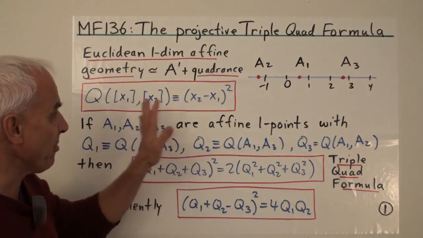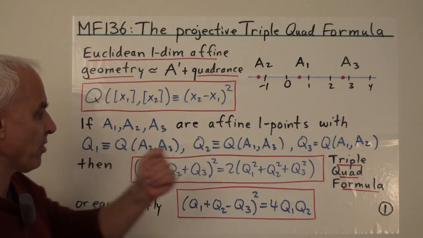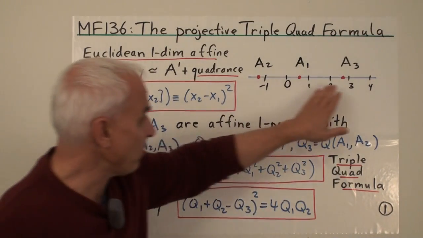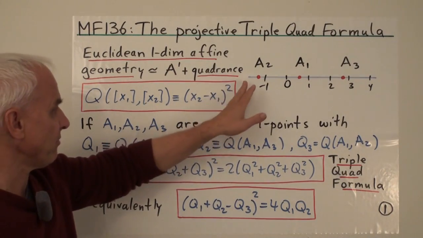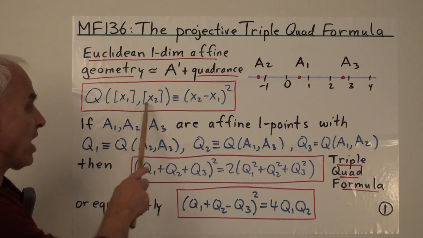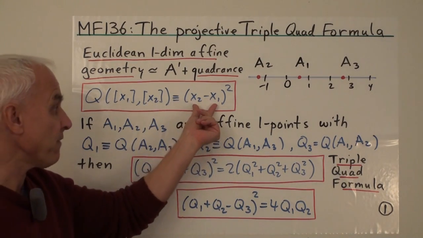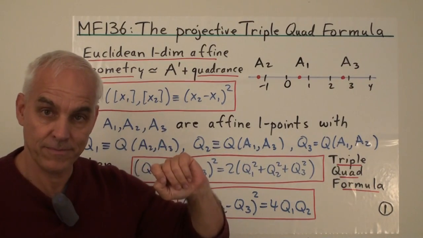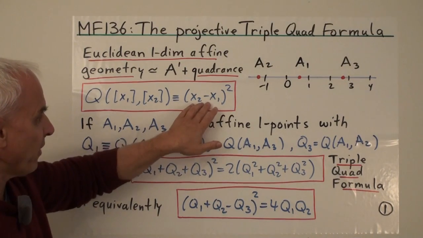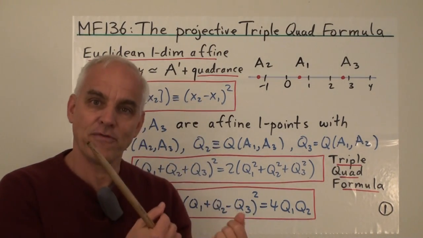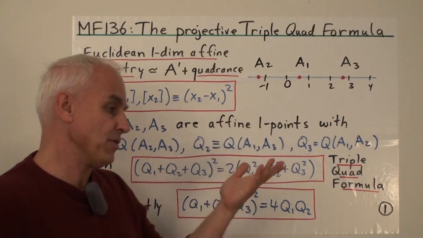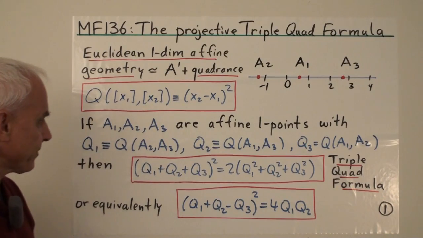Okay, so to introduce it, let me remind you that we had a triple quad formula in the one-dimensional situation. We were just talking about points on a line, the affine one-dimensional line with points just given by single numbers. The quadrance between two such affine one points is just the difference between the coordinates squared, making it symmetric and algebraic. So this is some kind of measure of the non-identity of the 2 points. If the 2 points are equal, then this equals 0. And the difference is how you tell whether something is 0 or not.